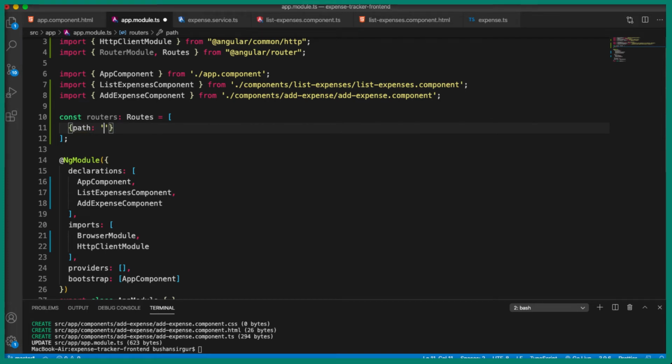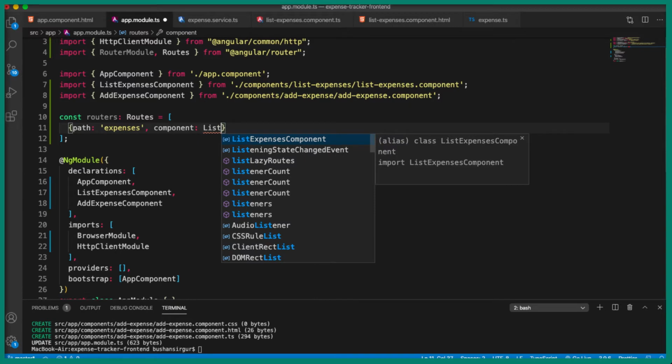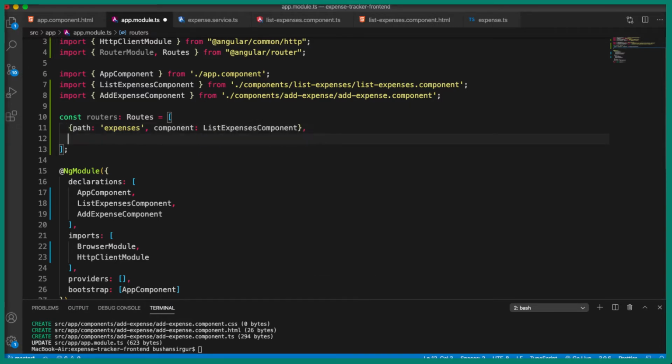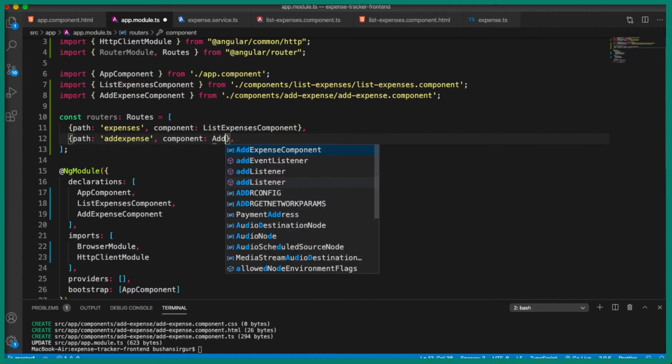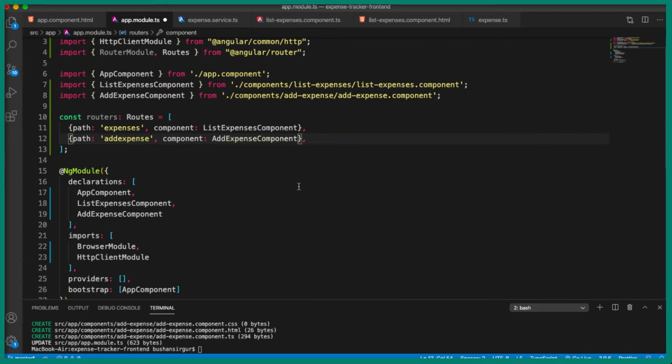I'm going to call this expenses, and we're going to map it to the component, which is the list expense component. And the next route we are going to define is for adding a new expense. For that, I'm going to add expense, and the component which we are going to map it to is the add expense component.